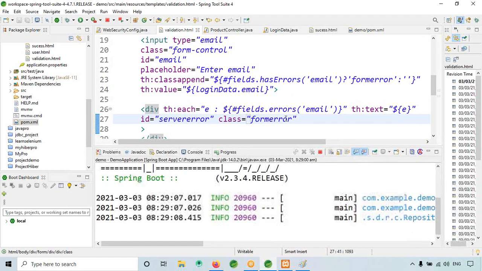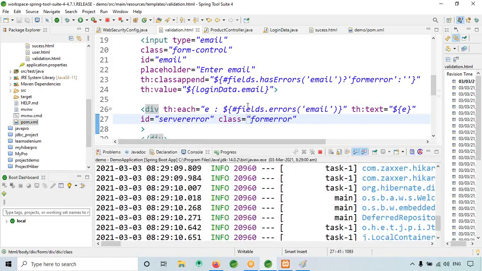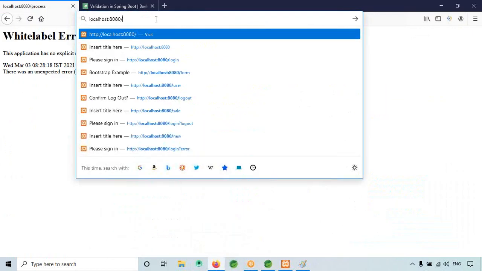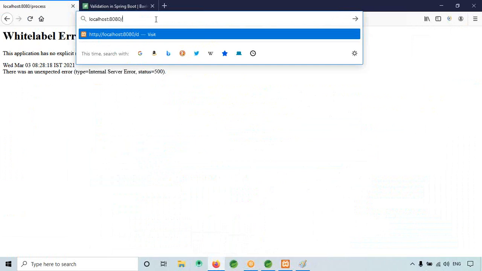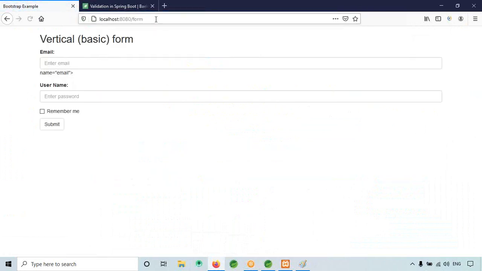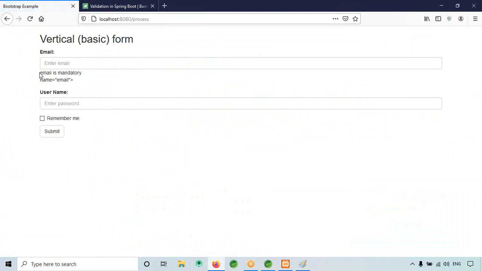So if I type it myself, I will make silly mistakes. Okay, form. Okay, so now when I click submit, see here, email is mandatory.